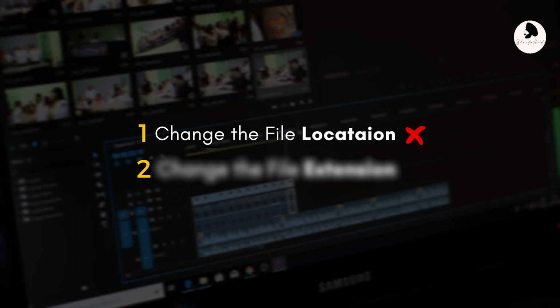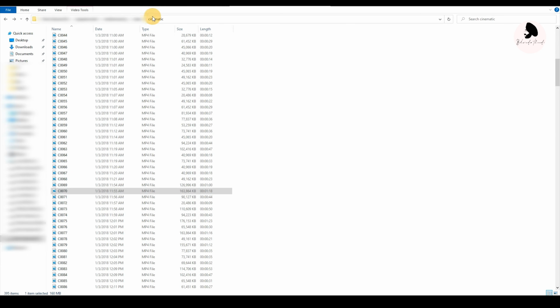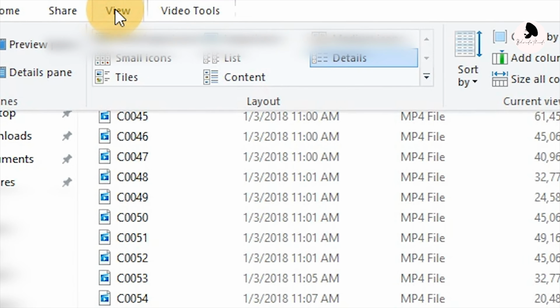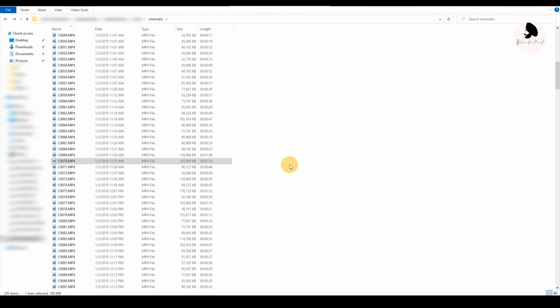If the previous solution didn't work for you, don't worry. There's another solution you can try. You see that file is still not importing in Premiere. Click on the View tab, and then select File Name Extensions. Now, find the file that is causing the issue,